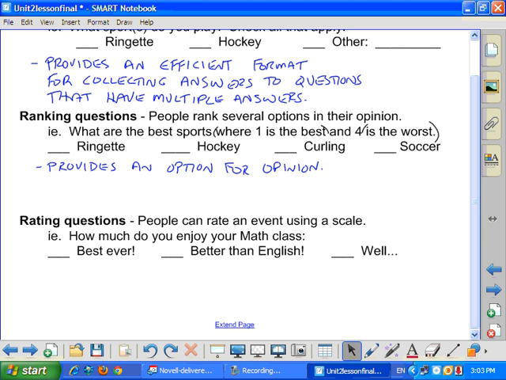The last one is a ranking question. So people can rank an event using a scale. So how much do you enjoy your math class? You have the option of best ever, or you could say, well, it's better than English. And this one's, well, since the math teacher's asking, yeah. So anyway,